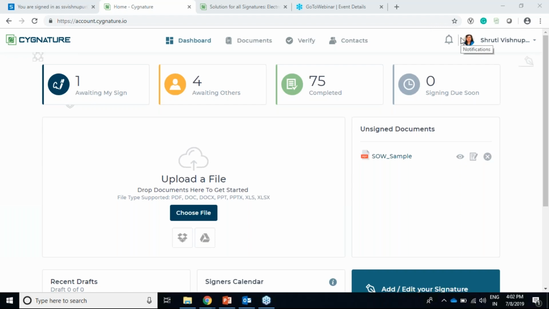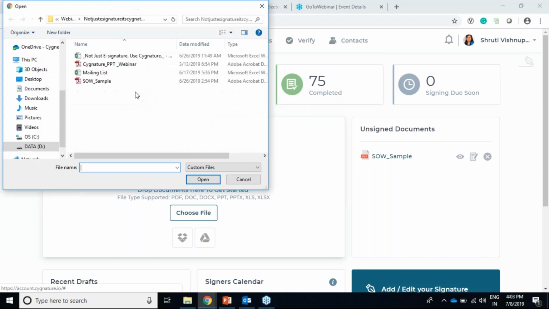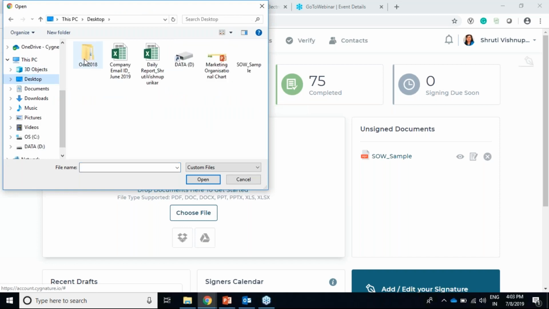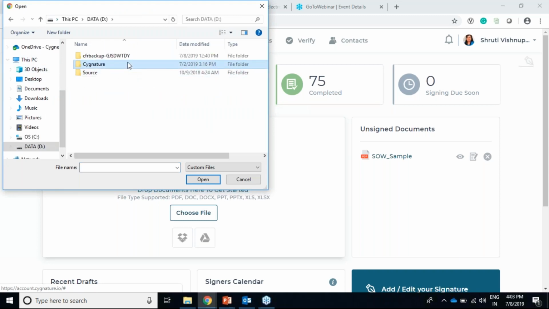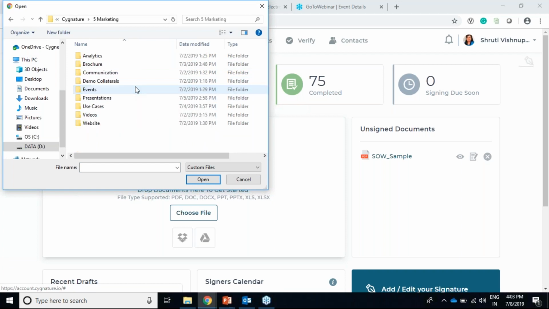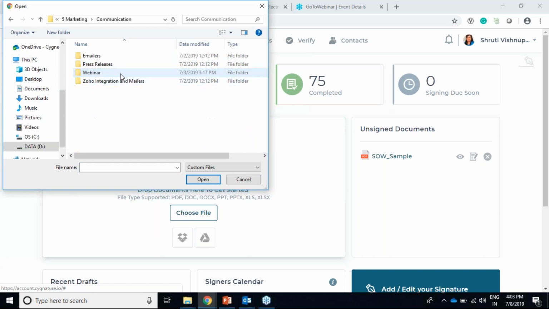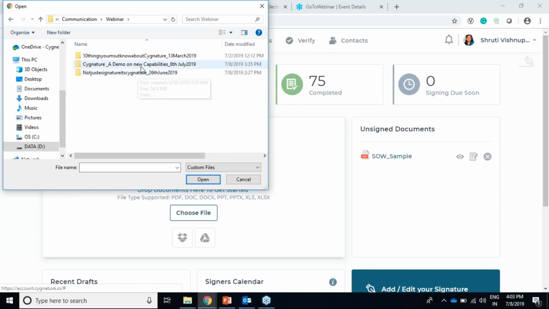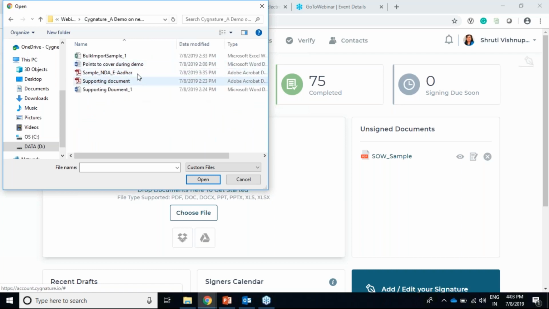Fine. So we'll start with a simple electronic signature demo. This is the dashboard, as we all know. We'll just choose a file from here. Yeah, so we will just take a sample NDA here.